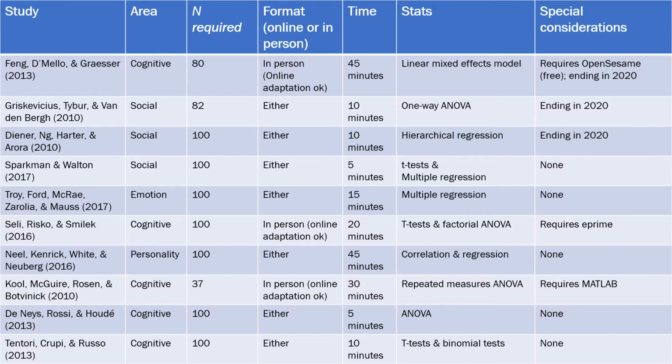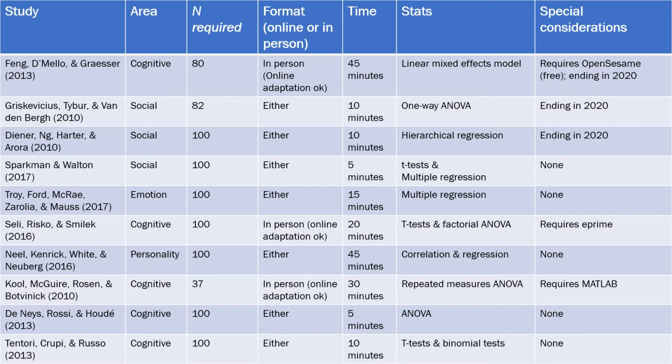Finally, it's really important to think about the statistical analyses required for the study and any other special considerations. Sometimes a study with more complicated statistics requires the mentor to do the analyses themselves, or perhaps with one or two students in the class. For special considerations, it's important to closely read the Methods section to see if there are required materials or software that you might not have access to. For example, we currently have a study that requires MATLAB, which is expensive and not always available on college campuses without certain majors.